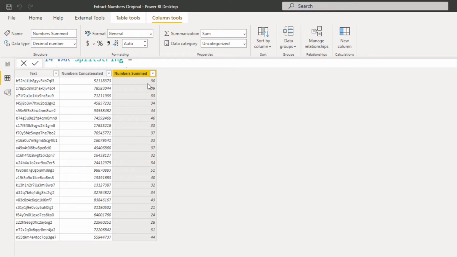and there you go, we get a 30, then we get a 39. You can actually sum them up just to confirm. So we have the 7, 8, 15, 5, 20, 28, 31, 0, nothing, 4, and then you add 8, it becomes 39. So the code is working for both the columns, and that was how you can actually extract numbers from an alphanumeric string in DAX in Power BI or Power Pivot or analysis services, and also how to sum those numbers that you have extracted from an alphanumeric string.